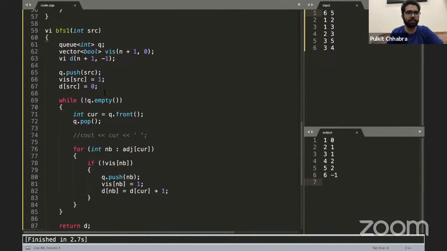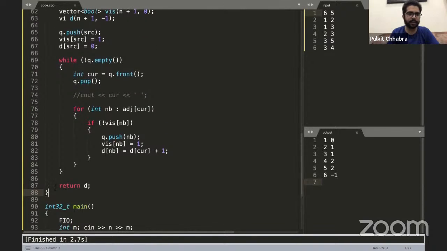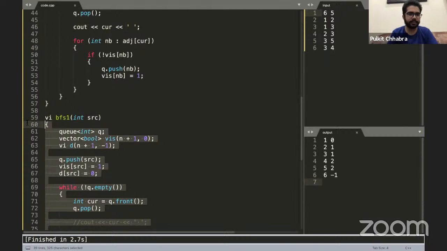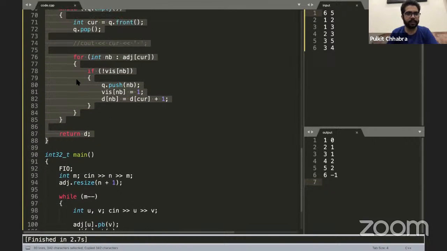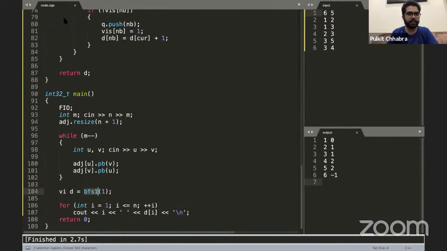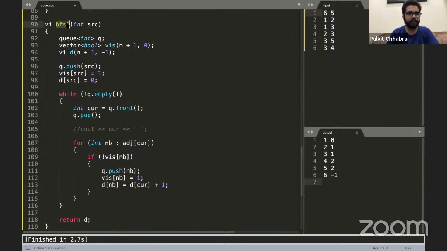do is we can also have a parent array. Let's say this BFS1 is actually BFS distance, which gives me the distance array. Let's say we have this another BFS which gives me the parent array. So let's say I have this parent array with again n plus 1 size, initialized to, let's say, -1.